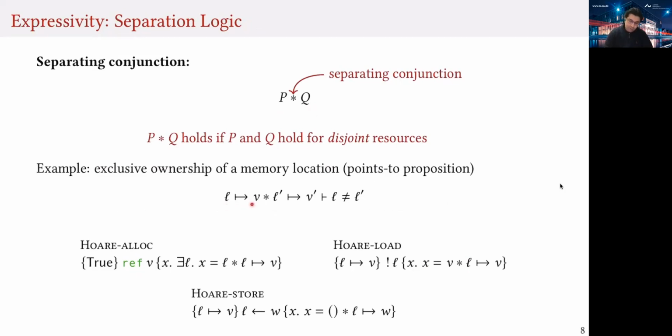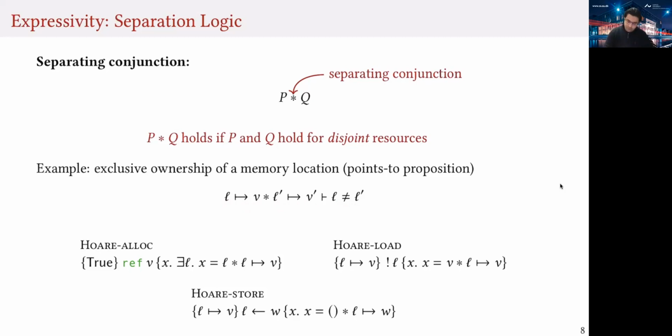This predicate here, l points to v, says that memory location l actually holds a value v, and we have exclusive ownership over this. Meaning that if we have two points-to predicates for two locations, we know that those two locations cannot be aliasing. They should be different locations because the resources are disjoint,